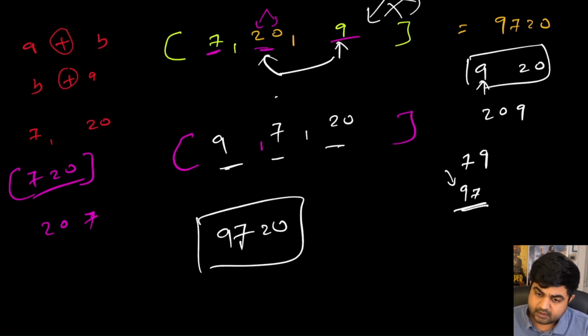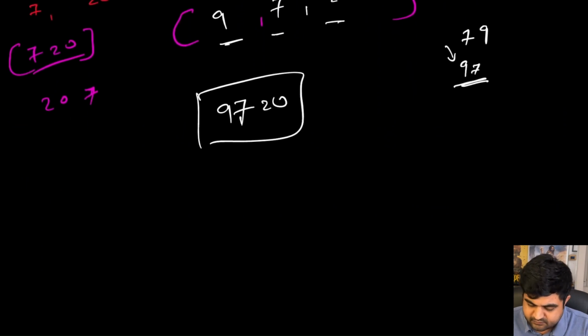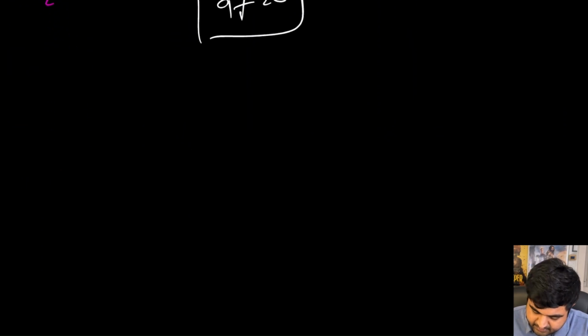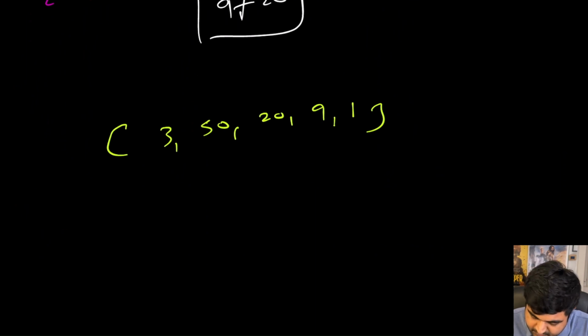Let me give you just one more example really quickly, just for the explanation sake. And let's take some larger example. So the values are 3, 50, 20, 9 and 1. Okay, these are the numbers. So let's start comparing. First we compare the values 3 and 50. One option is 350 and the second option is 503, which means definitely 50 has to come before value number